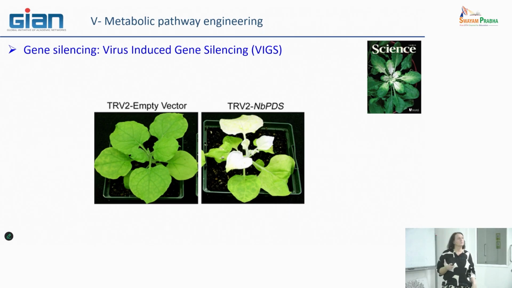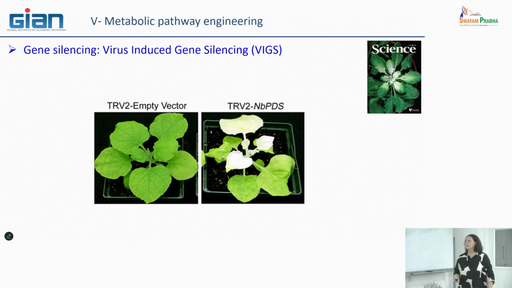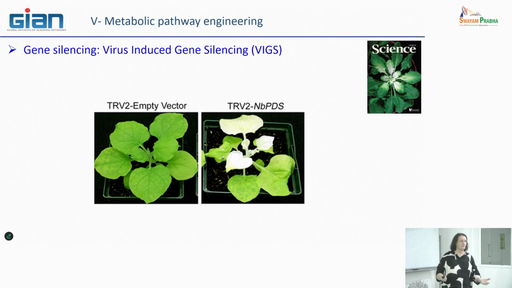The second system I also want to share with you concerns a specific approach developed more recently. Today, not all plants can be concerned by this type of approach because it is necessary to adapt this technology to each type of plant. It's not so easy to transfer from one to the others. It was easier with RNAi, but this one not. It is also based on the idea of silencing a specific gene.